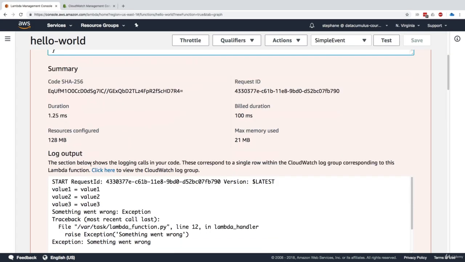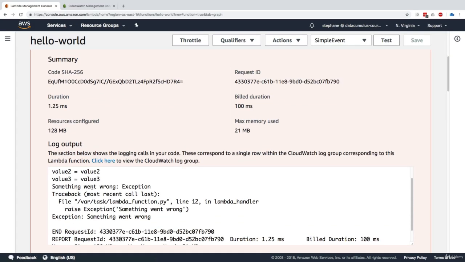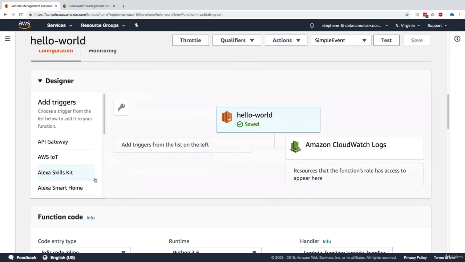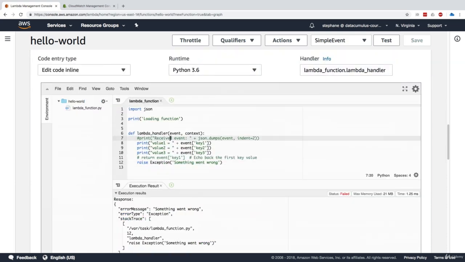The cool thing is that in the log output, we can also see that the whole log for our function went here, and we're able to debug a little bit what's happening. So that's it for AWS Lambda. Just give it a go, try to edit this function. I'll just remove the comments right here to make it work again. But please try to change this a little bit, use your own programming language, give it a go, and then when you're ready, I will see you in the next lecture.